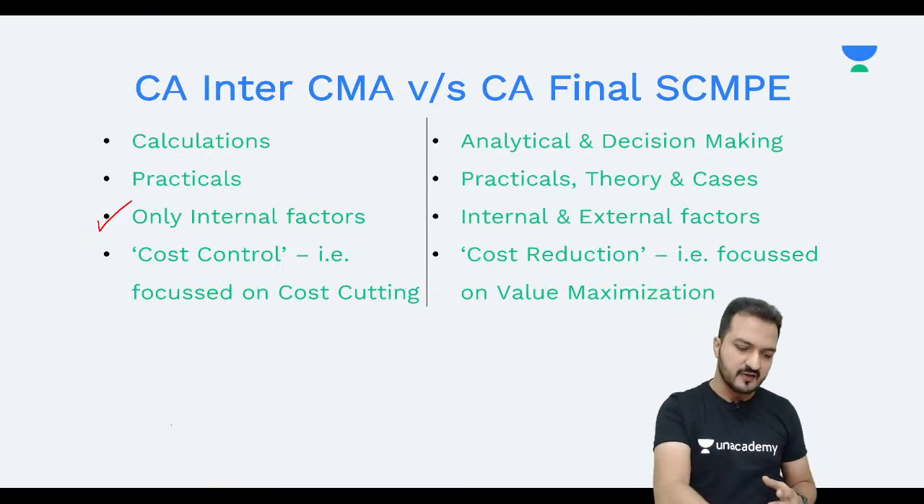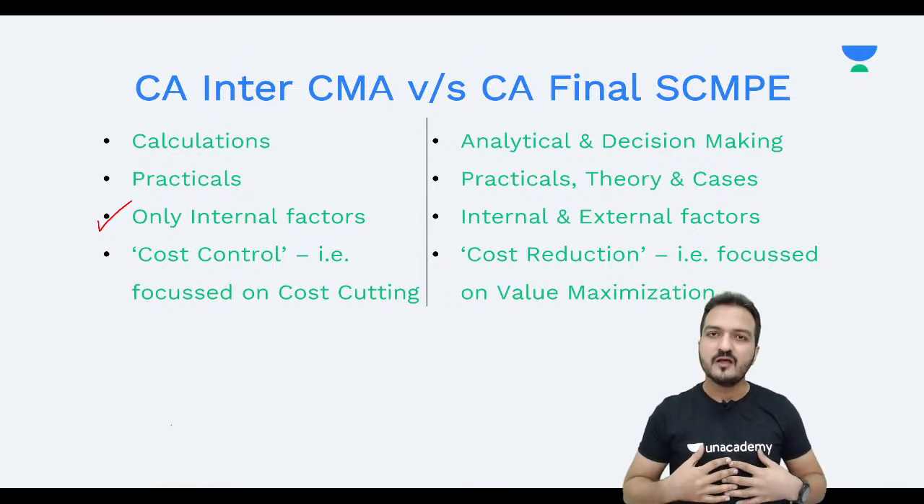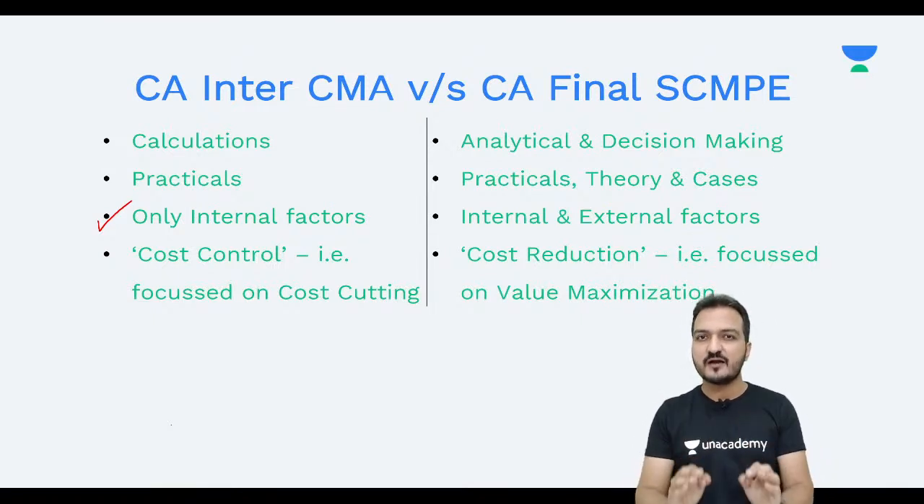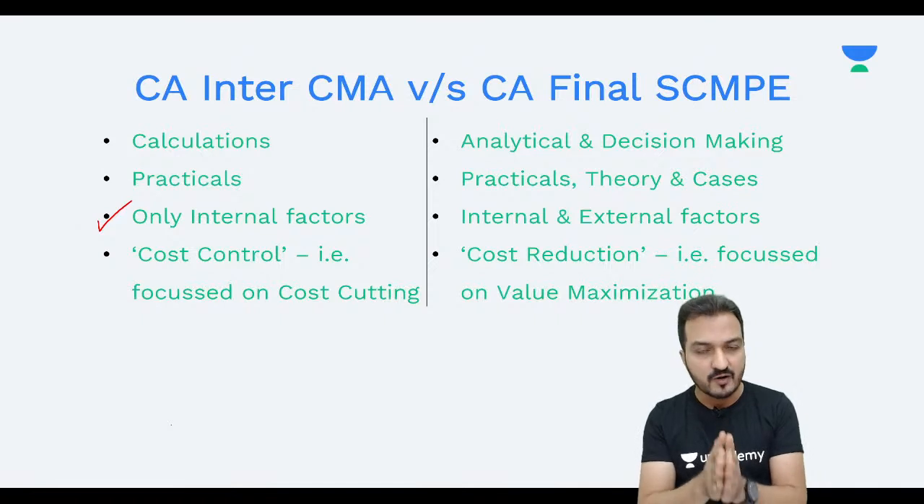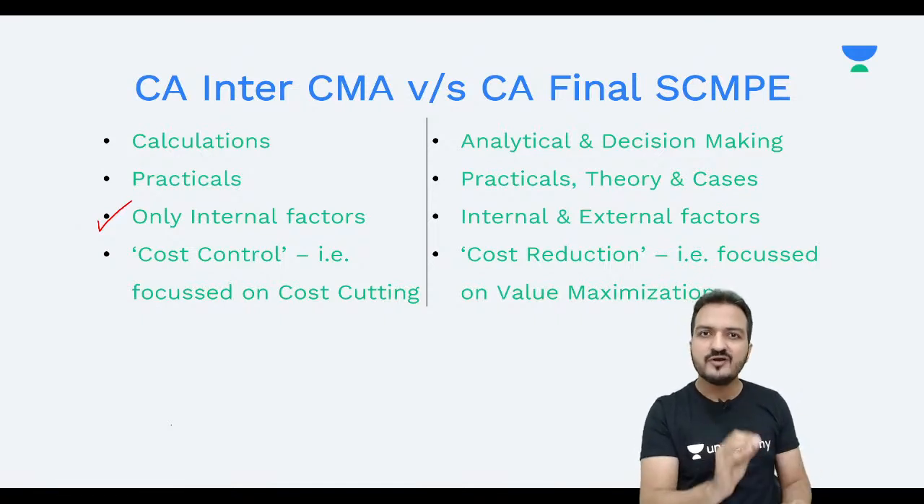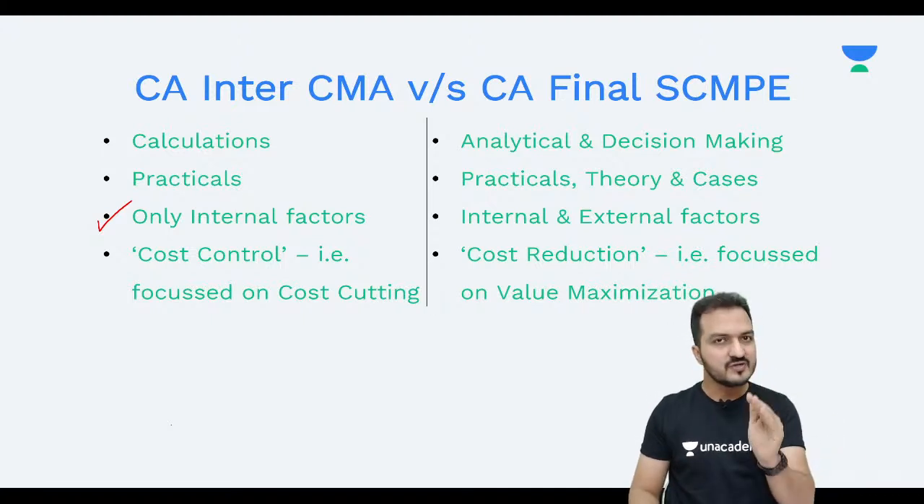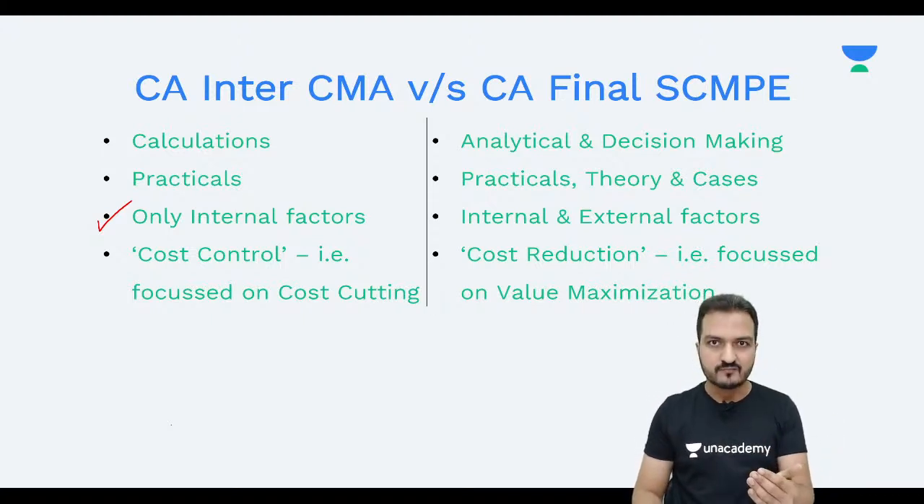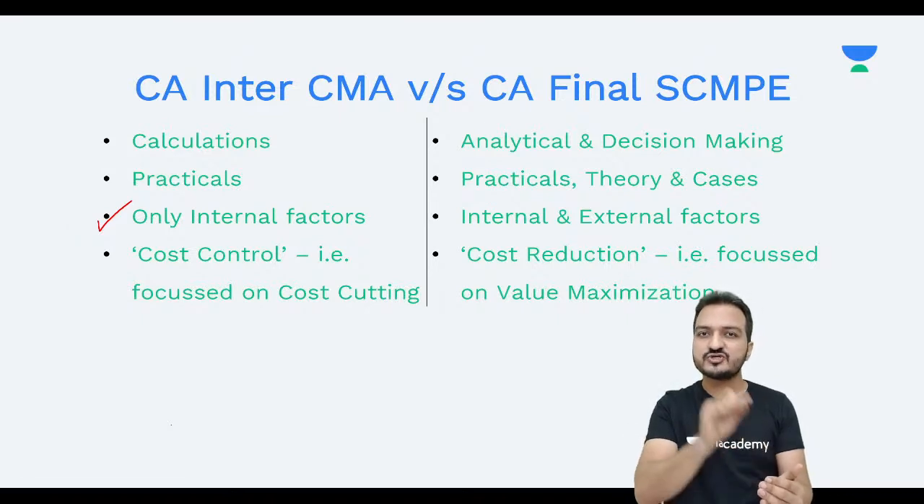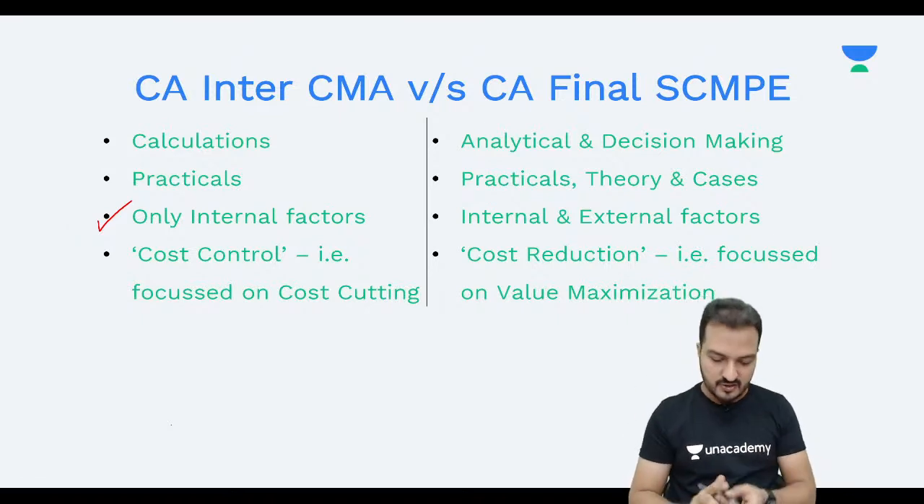Internal factors like, for example, if my company wants to decide a selling price, remember at your inter level, how did you decide selling price of your product? Well, at inter level, you decide selling price of your product by calculating production cost of your product. Yes, you calculate cost